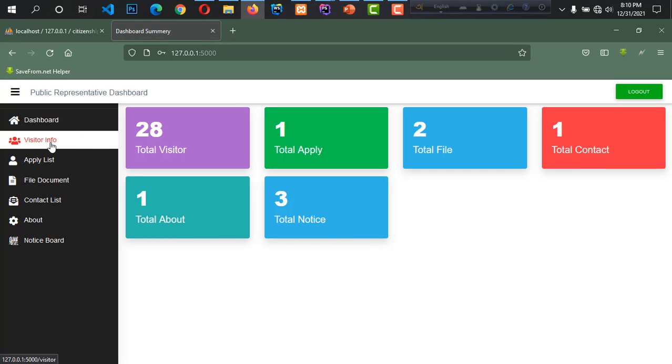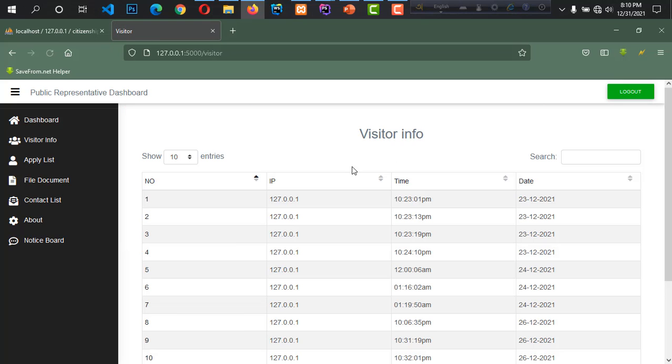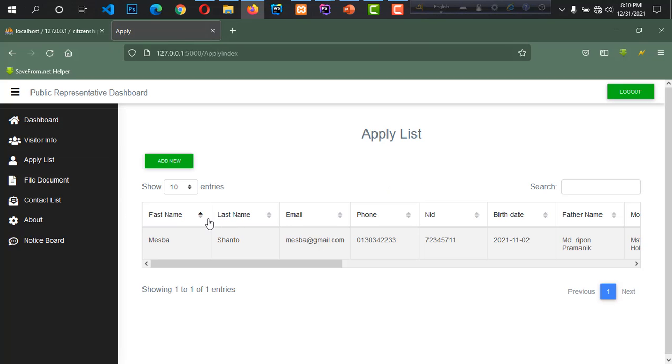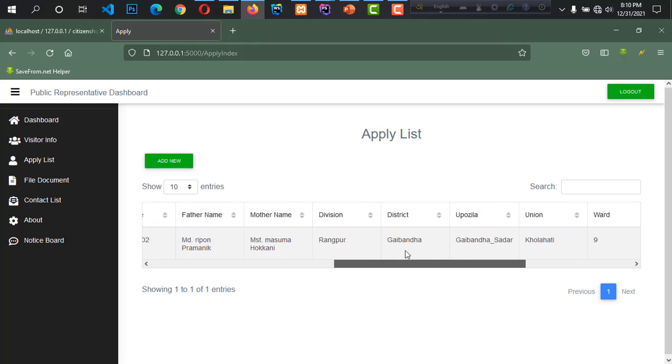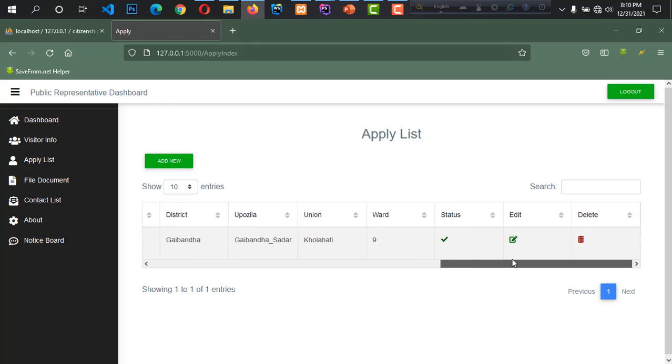So here we can see visitor information: which visitor visited this site, which time, date, and which IP address. Apply list. Here I can see apply list. Here is only one apply. His first name, last name, email, phone number, NID, birth date, father name, and all the information.